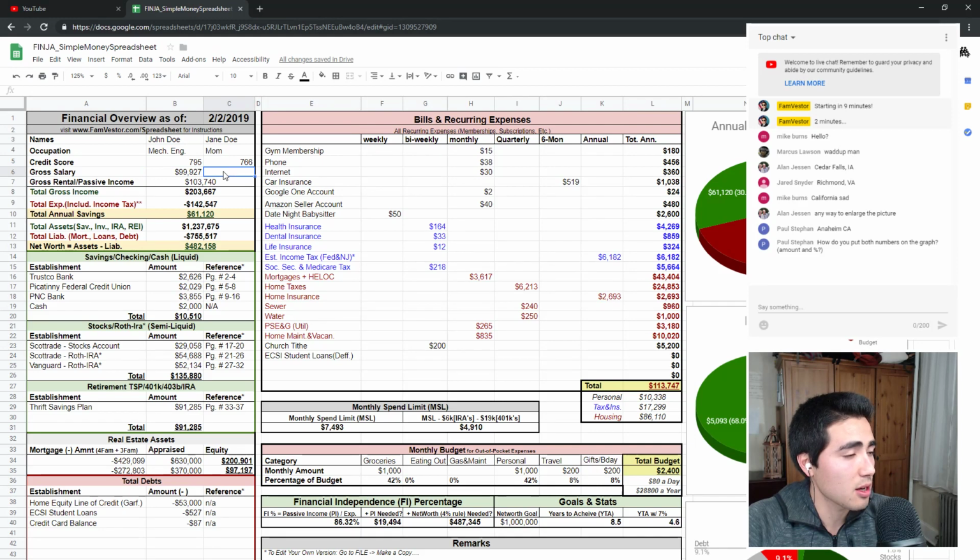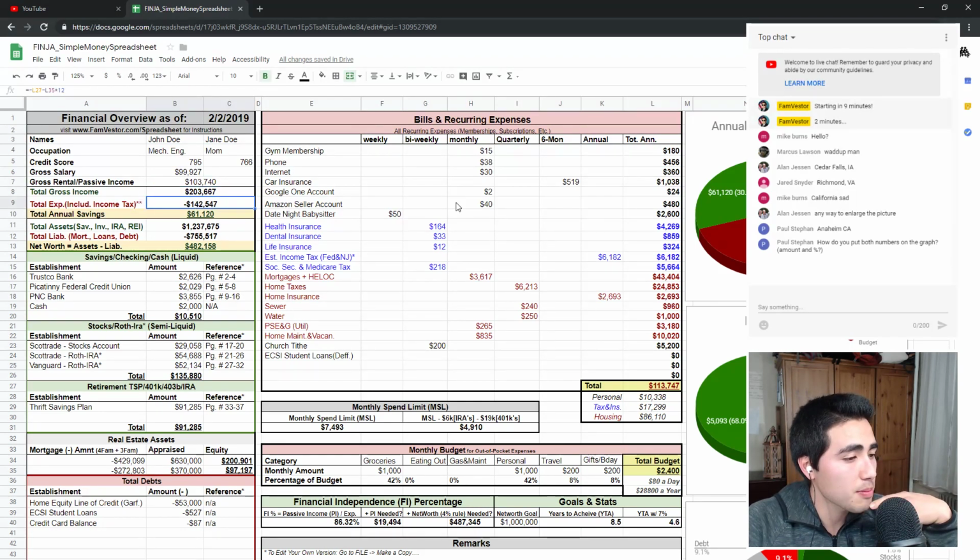My wife is actually a stay at home mom with our 2 kids, so it's just me making the salary, but she helps out with the rental income business. We have a 4-family and a 3-family home, so 7 units, and we live in one for free. So 6 units bringing in $103,000 a year. So total gross income of $200K.